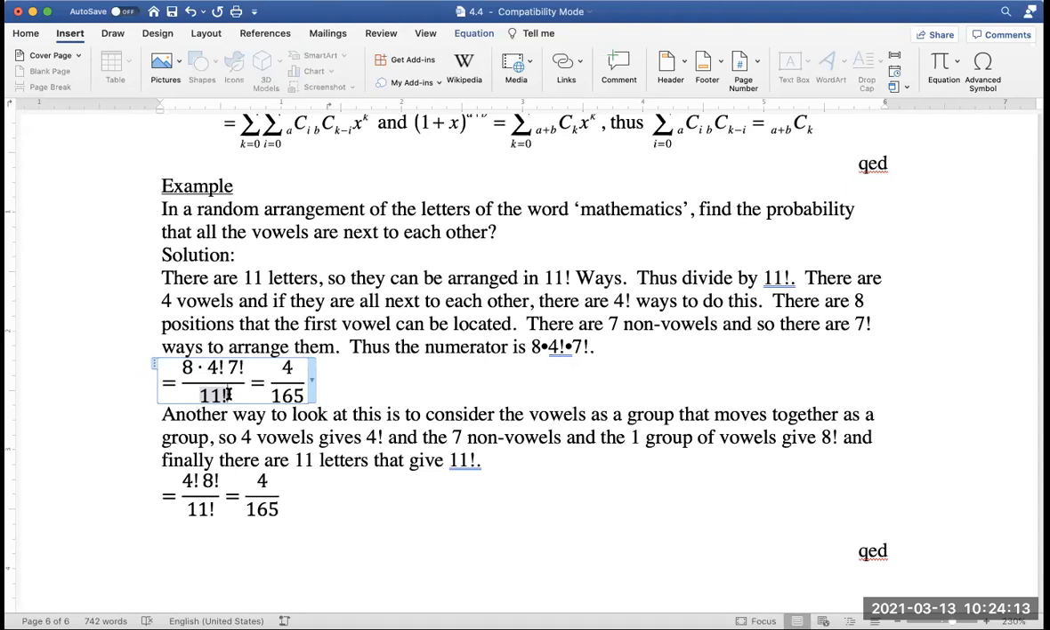Well, there are 7 non-vowels, consonants. And so you can put those in, well, the first non-vowel is 7 of them. Next one, 6. Next one, 5. And so you have 7 factorial of those. Let's look at the vowels. Well, there are 4 vowels. And so you can put the first vowel in one place, the second vowel in, well, there's 4 places, then 3, then 2, then 1. So it's 4 factorial. Now,